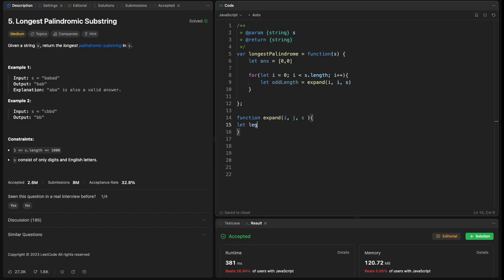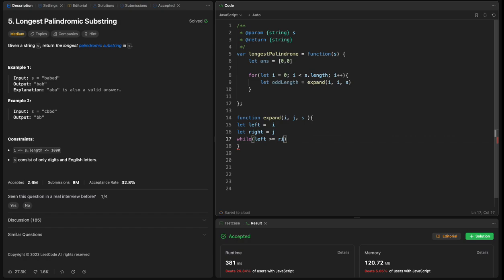Let left equal i, and let right equal j, and we create a while loop, and I will say while left is bigger than or equal to 0, and